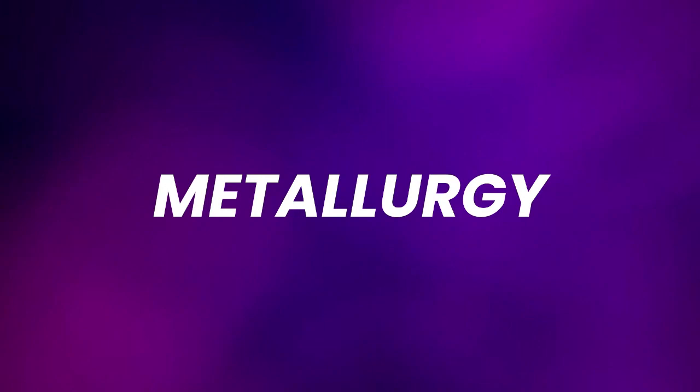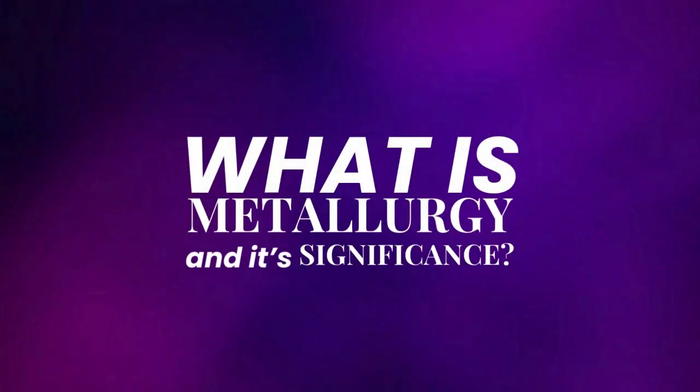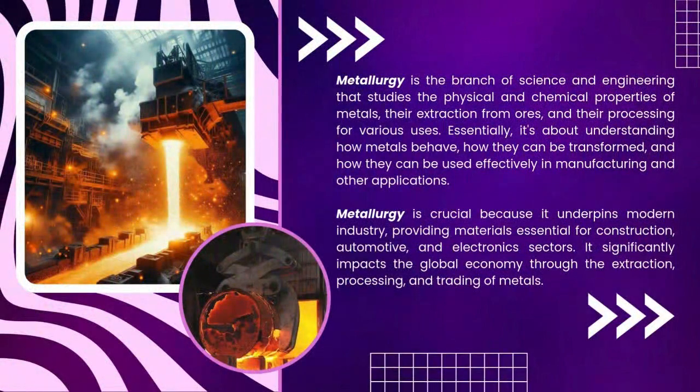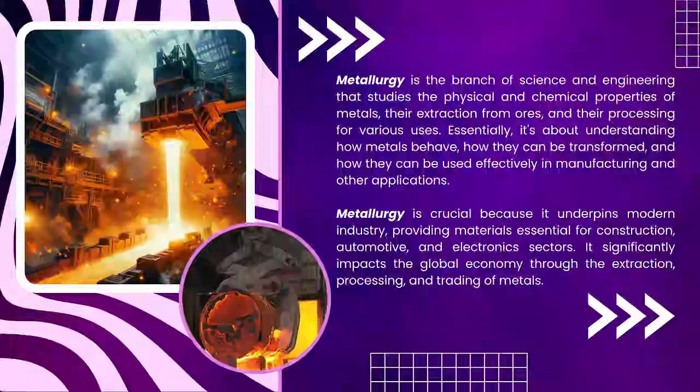Now, we're going to proceed to the processes involved in the metallurgy of iron and steel making. But first, let's define metallurgy. What is metallurgy and its significance? Metallurgy is the branch of science and engineering that studies the physical and chemical properties of metals, their extraction from ores, and their processing for various uses. Essentially, it's about understanding how metals behave, how they can be transformed, and how they can be used effectively in